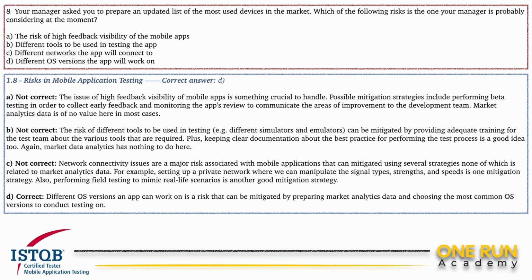Next, option B talks about different tools to be used in testing the mobile application. Again, this risk can be mitigated by providing training to the test team on various tools such as simulators and emulators. Plus, maintaining clear documentation about the best practices of the test process to follow when conducting mobile app testing. This means that market analytics data about device usage doesn't help much here, and this makes option B also not a viable option. Moving on to option C,